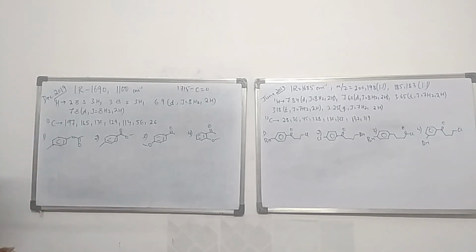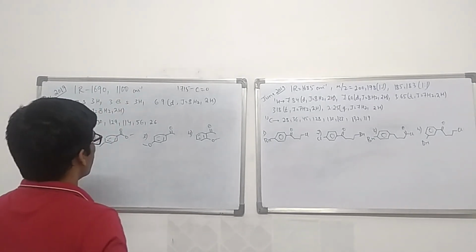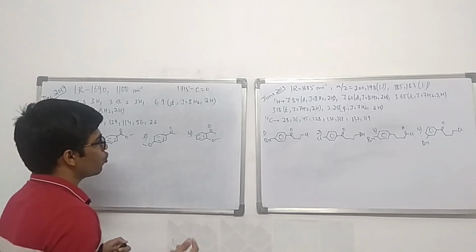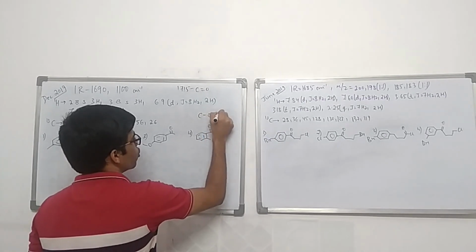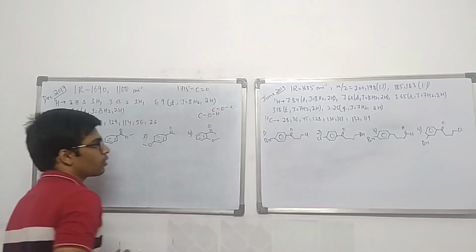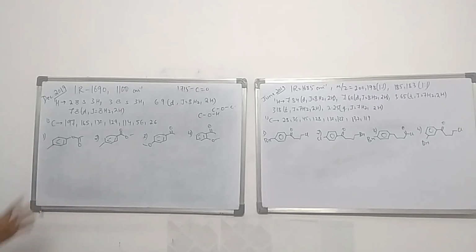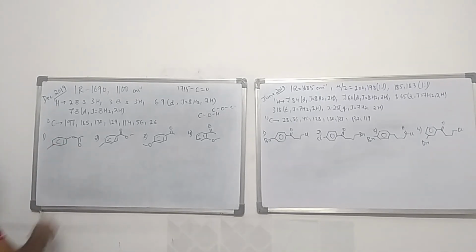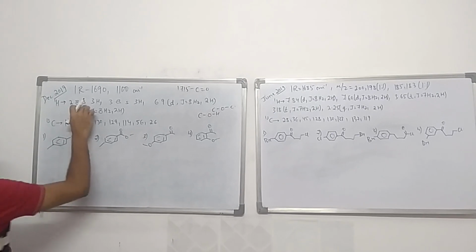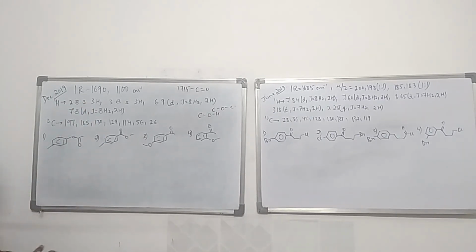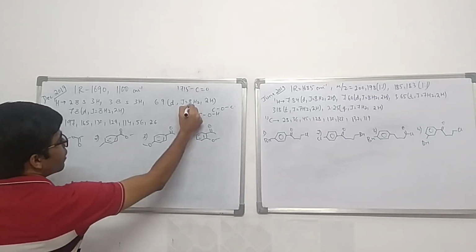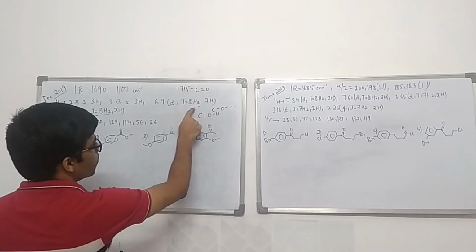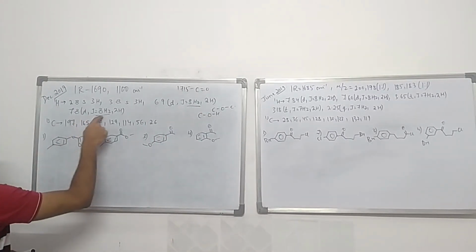Then another value is given of 1100. Now in this case, the 1100 IR value is mostly for groups like C-O-H or C-O-C, and we'll see which of the possibilities is possible here. Now let us look at the NMR data. For the proton NMR, you have been given 2.8 singlet 3 hydrogen, 3.8 singlet 3 hydrogen. Fine, but the coupling constant comes in this case. So there is a coupling at 6.9 doublet 8 Hz coupling constant 2 hydrogen, 3.8 doublet 8 Hz 2 hydrogen.